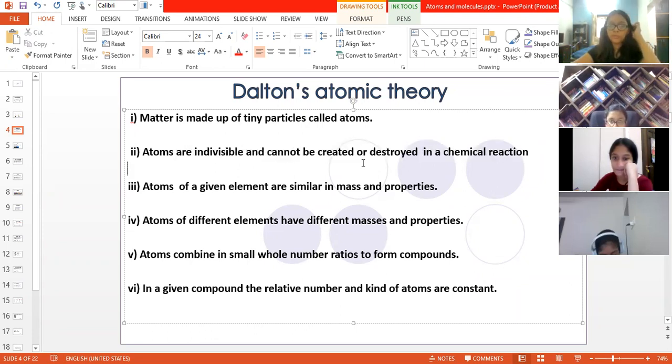But as far as the latest model is concerned, we have many more particles: quarks, gluons, leptons. The standard model, I think in some class I had explained to them what particles exist. I don't know for you or 10th standard, I don't know. But that's called the standard model.